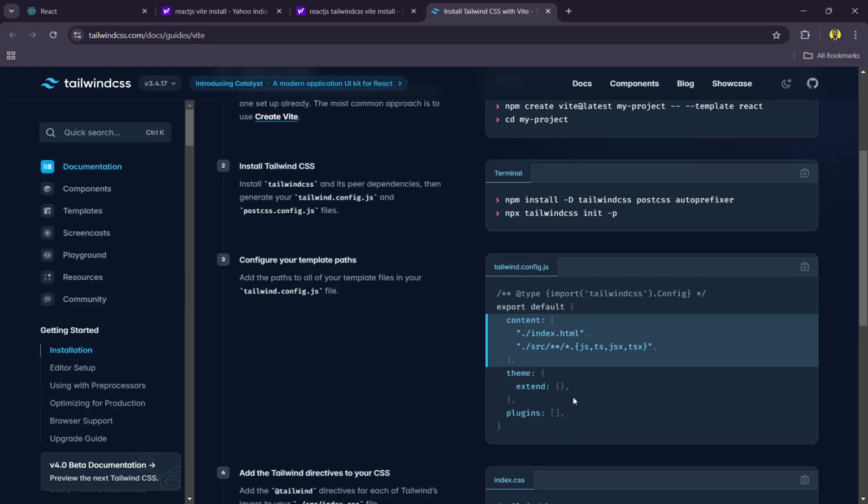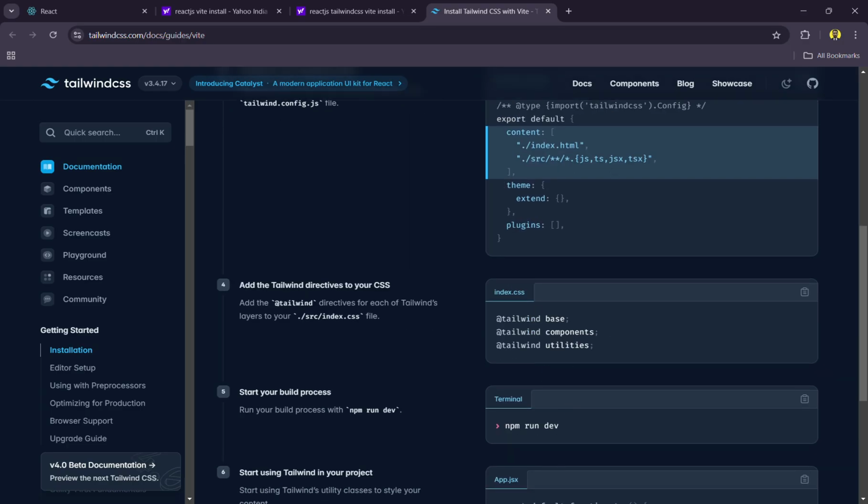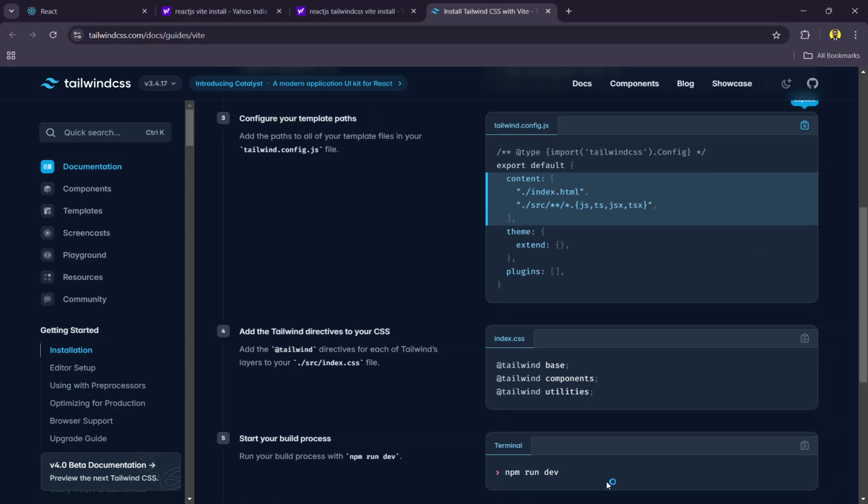Till then, we have to paste these two things in the code. I will open the code in VS Code now. After the installation is completed, this command will create a Tailwind config file. After that, we will run code dot. The VS Code will get open, you can see here. After that, you press Control and backtick to open the terminal of VS Code. After that, you will copy paste this stuff inside the tailwind.config file, and the index.css file that is in the src folder. We will copy paste this stuff,